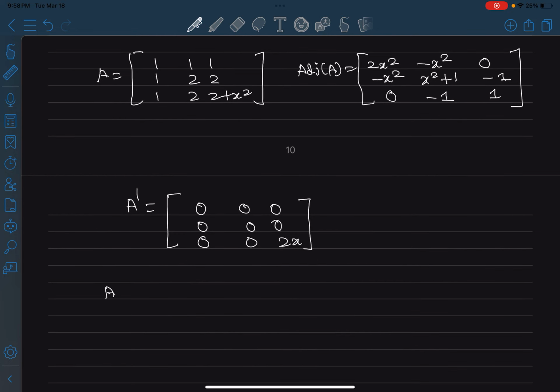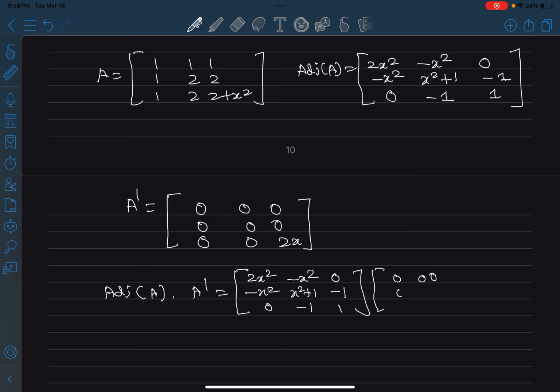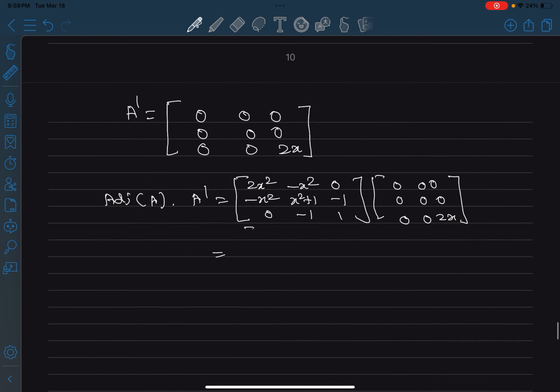So now, the product of the adjoint of A times the derivative of the matrix A. This is just 2x squared, minus x squared, 0, minus x squared, plus 1, minus 1, 0, so 1, times 0, 0, 0, 0, 0, 0, 0, 0, 2x, right? And now this will be 0, that will be 0, that will be 0, that will be 0. If we take the product, I'm just taking the product, okay? That will be 0, that will be negative 2x, that will be 0, that will be 0, that will be